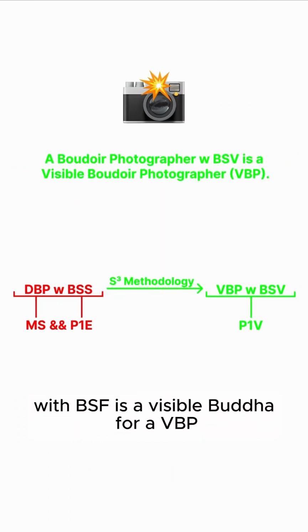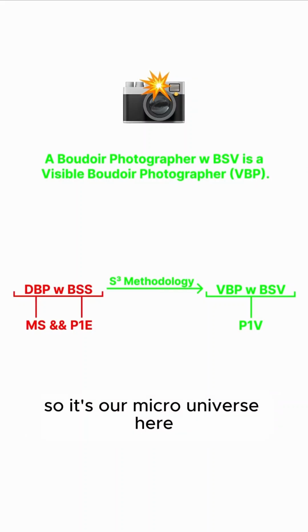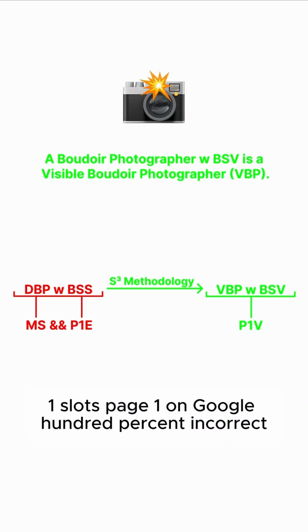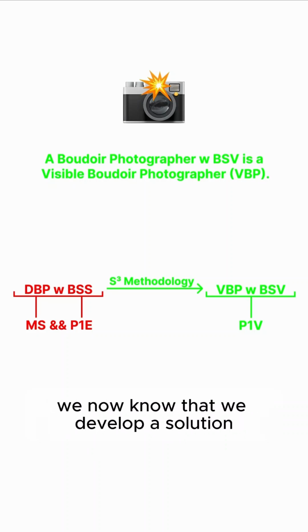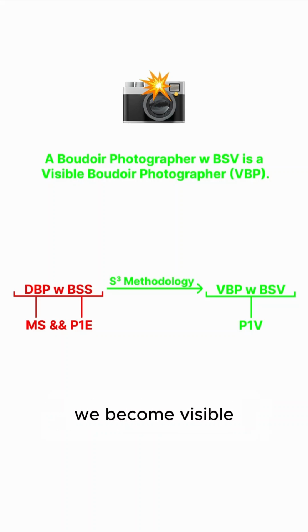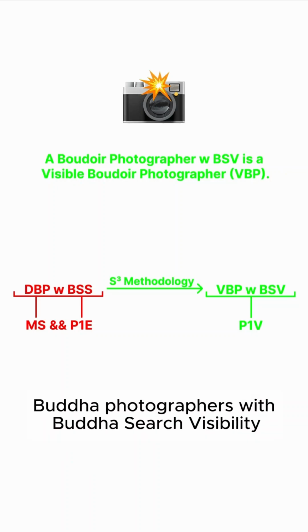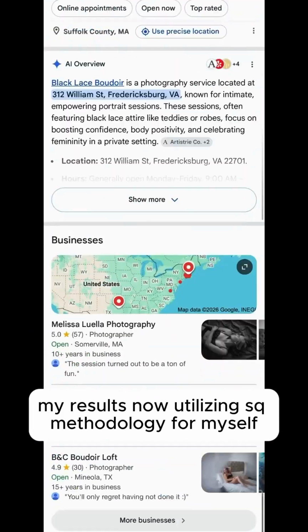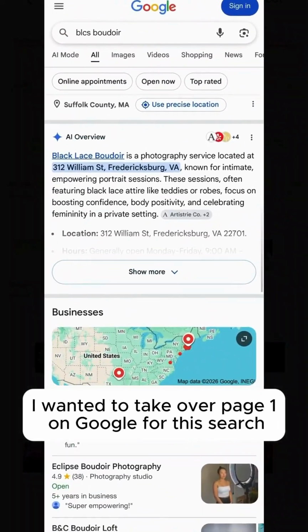And a boudoir photographer with BSV is a visible boudoir photographer, a VBP. So this is our micro universe here. A disappearing boudoir photographer with boudoir search sameness is caused by the dual horns of market saturation and the false belief of page one equality. People thought they simply had to accept having 0 and 1 slots on page one on Google. 100% incorrect. We now know that. We developed a solution, S-cubed methodology. We achieve page one visibility. We become visible boudoir photographers with boudoir search visibility. All right, my results now utilizing S-cubed methodology. For myself, I wanted to take over page one on Google for this